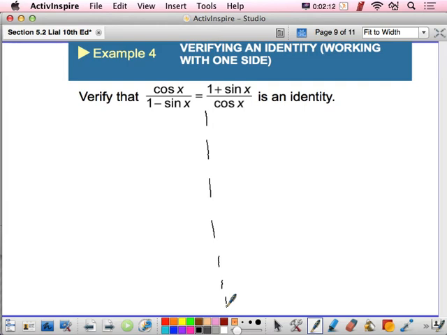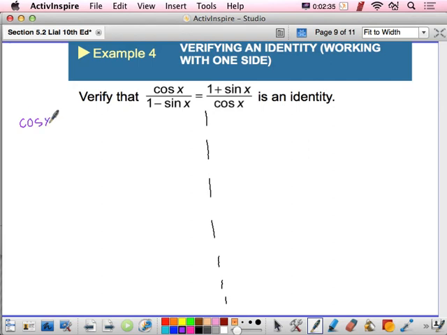Also, you can almost always see when you need a conjugate because the conjugate will appear on the other side. Look. For the binomial on this side, we have 1 minus sine x, and on this side, we can see the conjugate, which is 1 plus sine x. So the only way to get that 1 plus sine x up there is to multiply by it. So let's try that. Let's take the left side,